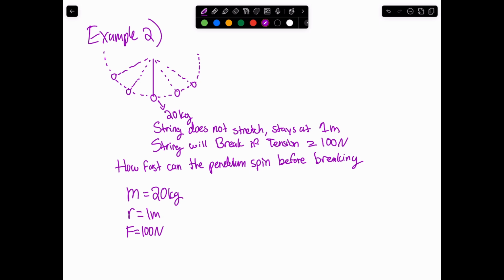So this force is the tension force. And if we go back to our diagram of the pendulum, which way is this tension force actually applied? Well, it's applied up the string. I'm also considering gravity to not really be a factor in this problem. We'll have more complex problems later, I promise. But because that tension force is moving into the center of the circular path, that means the tension force here is centripetal